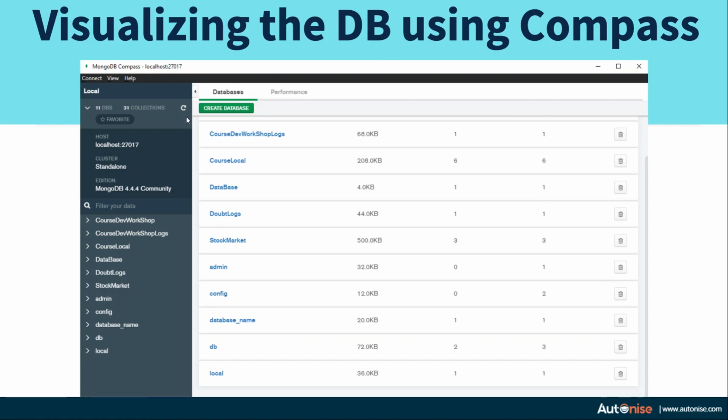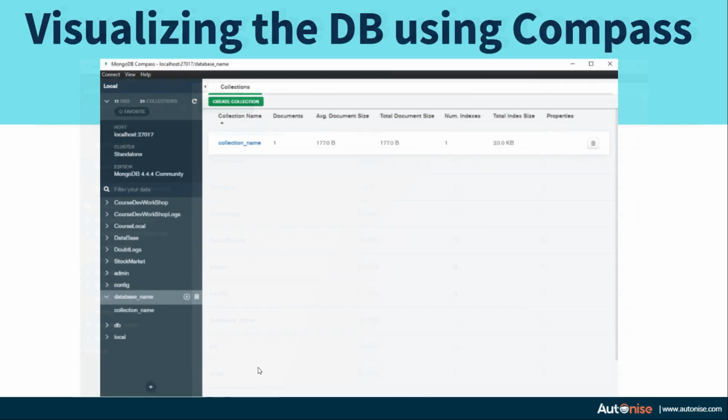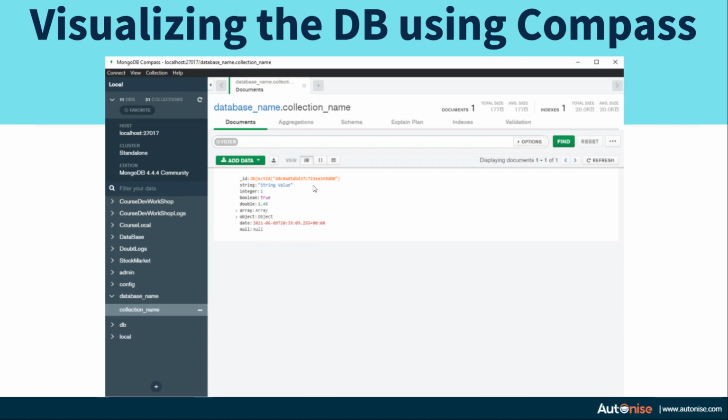Over there, you can now choose the database which you created. When you choose the database name, you will see your collection which you created. And if you click on the collection name, you will be able to see the corresponding document.